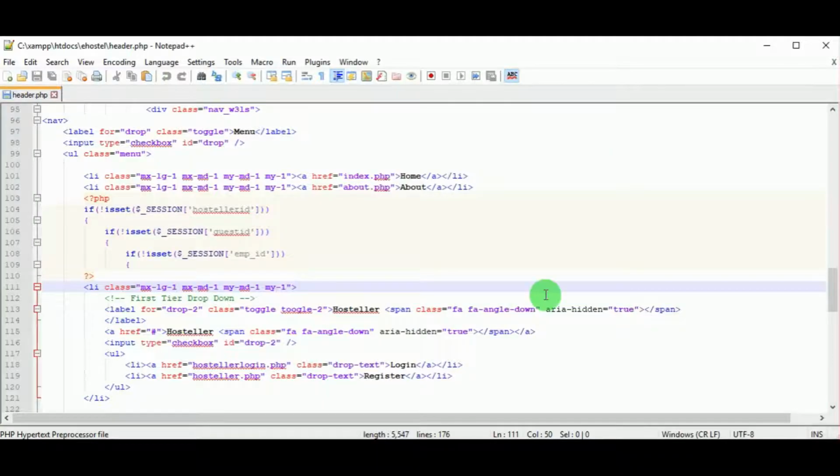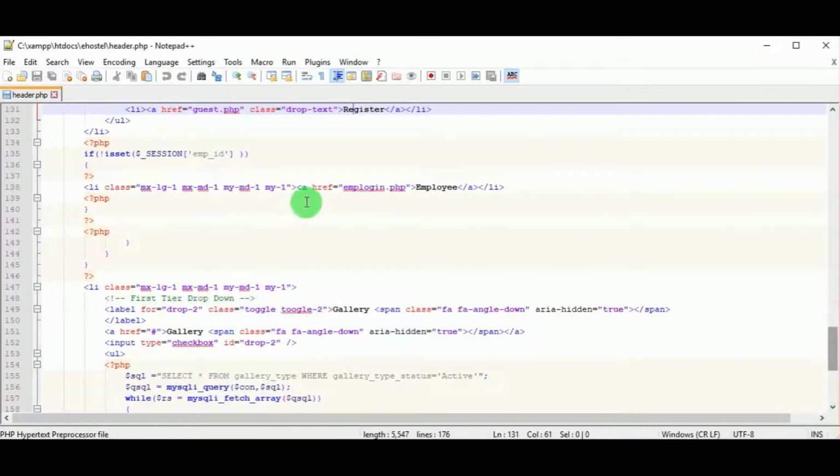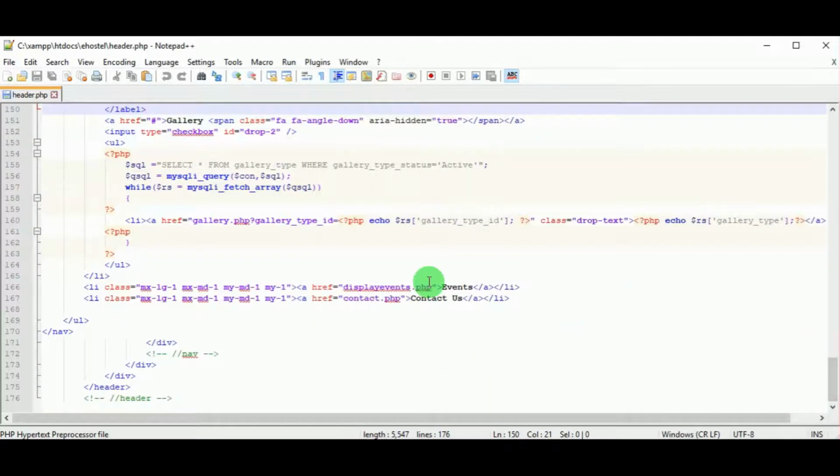Followed by hosteler there is login and register, and then for the guest, you can see login and register again, and employee. There is also gallery and events, contact us. So these are the different menus which are available for the viewers when none of the users have logged into the portal.